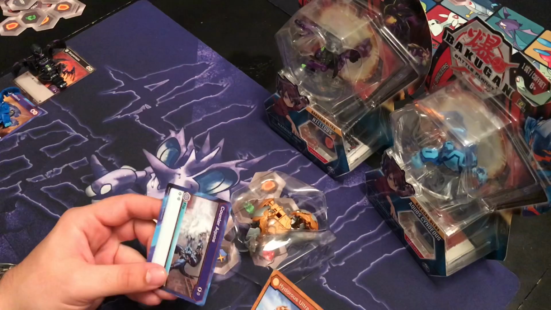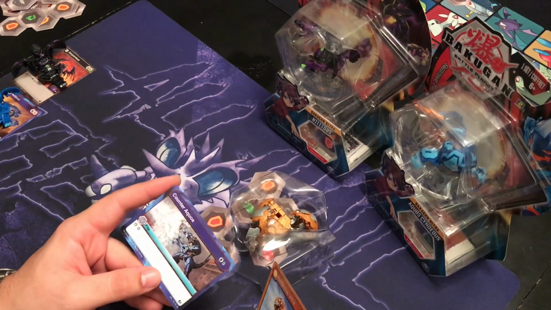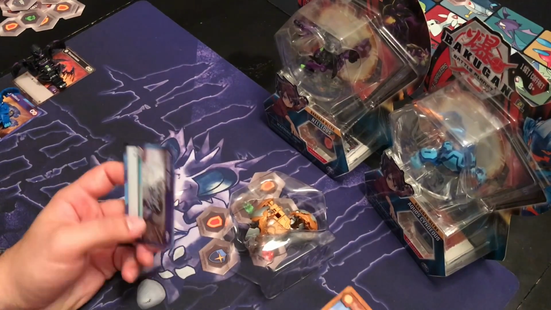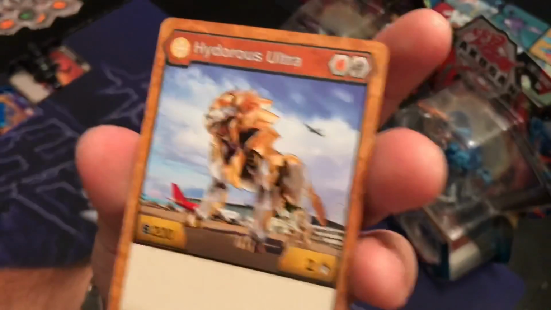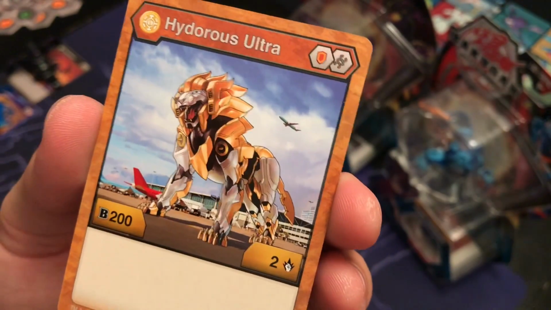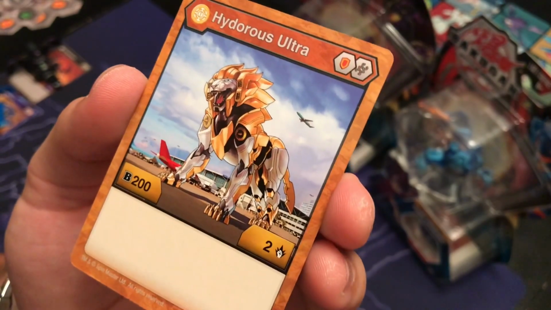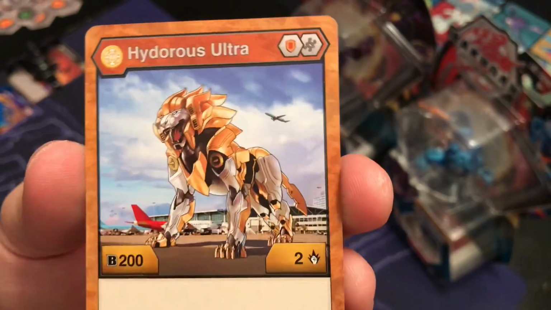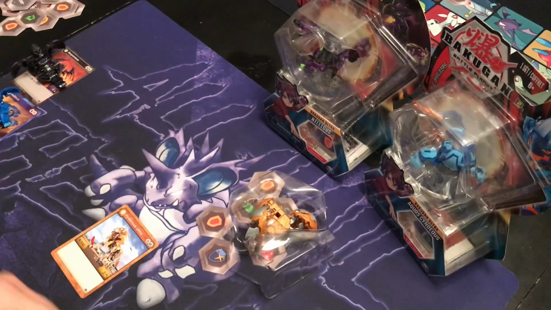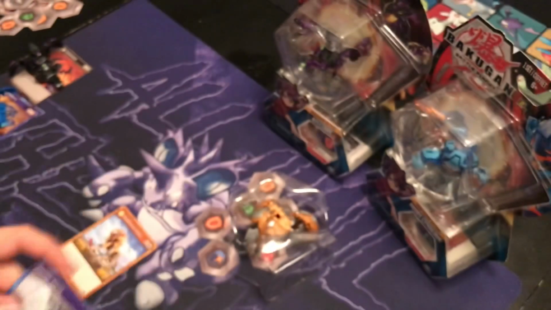Why does he come with a... Oh, he's Aurelus. That makes sense. Comes with a counter Aqua's flip card? That's kind of... What is this? I'm glad he looks good, because I'm not happy. 200B and 2 attack. For an Aurelus Bakugan. That doesn't have specific stuff to help. I mean, you get to boost him up, whatever. I understand how it works, but... I mean... Okay. Whatever. And it gives me a counter Aqua's flip card, which is... I mean, you get these all the time, so...